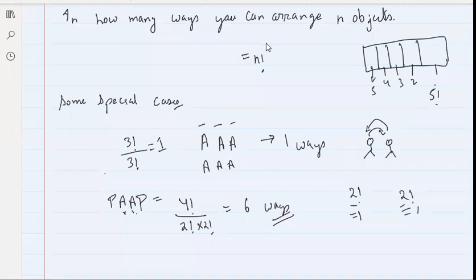Instead of having 24 ways, because when you talk about 24, 2 factorial for A and 2 factorial for P were included in this. Got it? Even though the position will change, it's not a different arrangement. So you have to divide by 2 factorial, 2 factorial. Okay, so in general, I can say that,